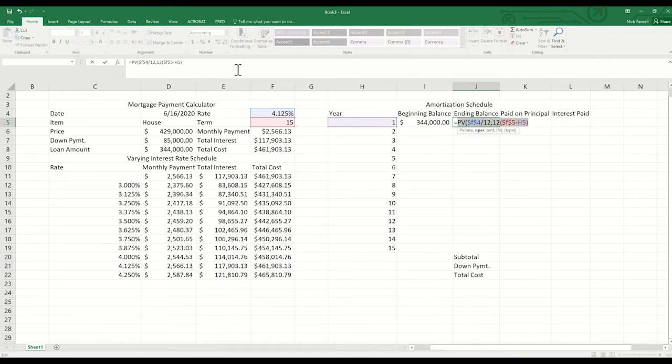After number of payments, the next thing that it's going to ask us is the payment, which is going to stay consistent. The monthly payment is always $2,566.13. So I'm going to use an absolute reference there to F6. And that gives us our,